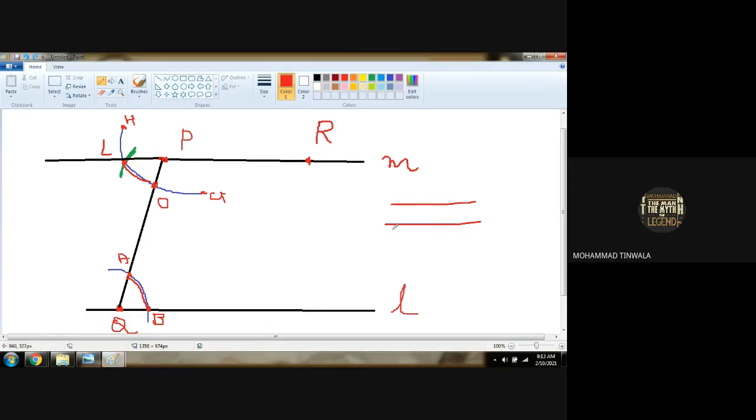What do we call this line? Wait. These two lines are parallel, and this one line is transversal to it. So these are interior alternate angles, these two angles. If these two angles are alternate interior angles, that means both lines, L and M for example, are parallel. In the same way, these will be corresponding angles, this angle and this angle, or this angle and this angle. Both are equal corresponding angles.